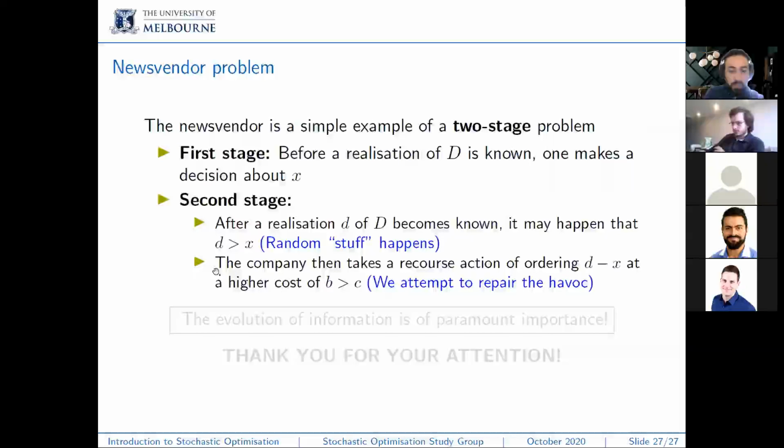Here I must emphasize that the recourse function is actually given. So we already know that if the demand is greater than X, then we do A, and if the demand is smaller than X, we do B. We're not actually trying to find it. So the evolution of information is of paramount importance in these types of problems. And with that, I want to finish off this